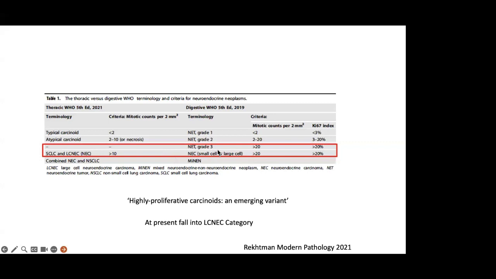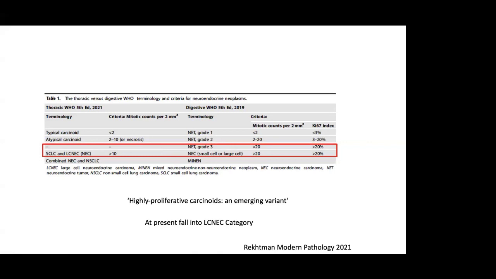That means if a tumor shows more than 20 Ki-67 or more than 10 mitotic figures, we jump into large cell neuroendocrine carcinoma straight away, because we don't have NET grade 3 in the digestive tract. So that's an evolving area. Maybe the next WHO will add NET grade 3, because these are rare cases in